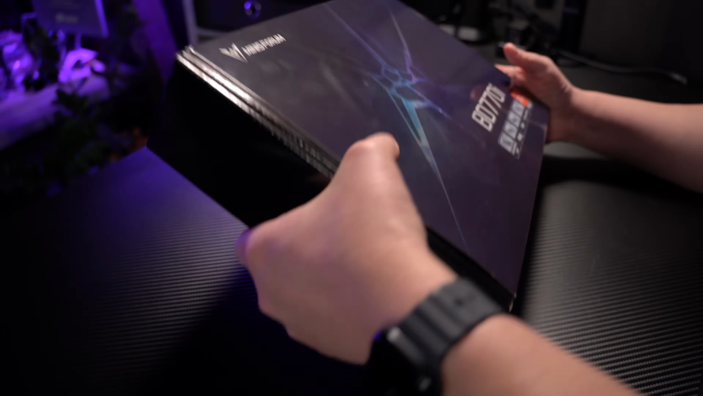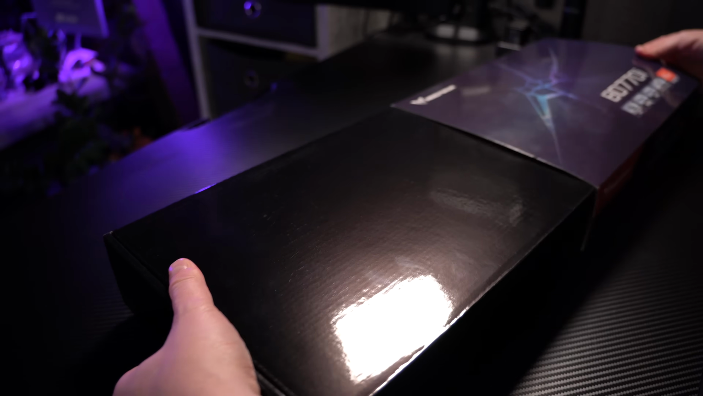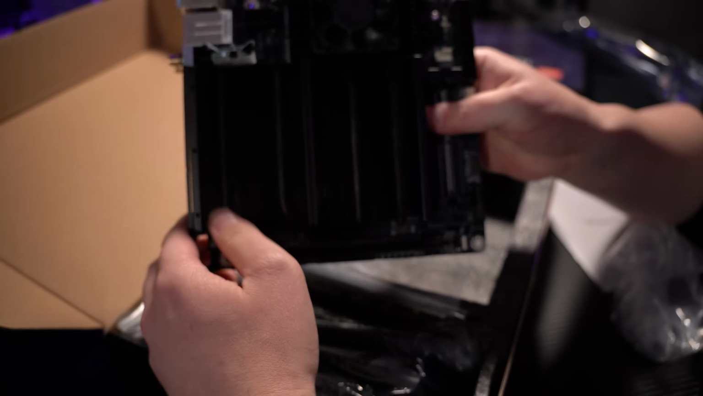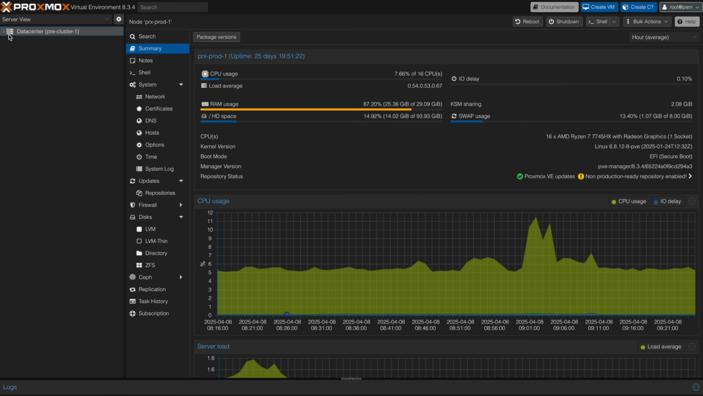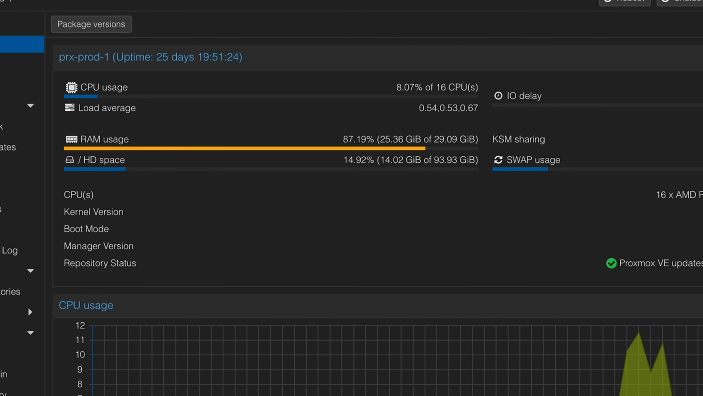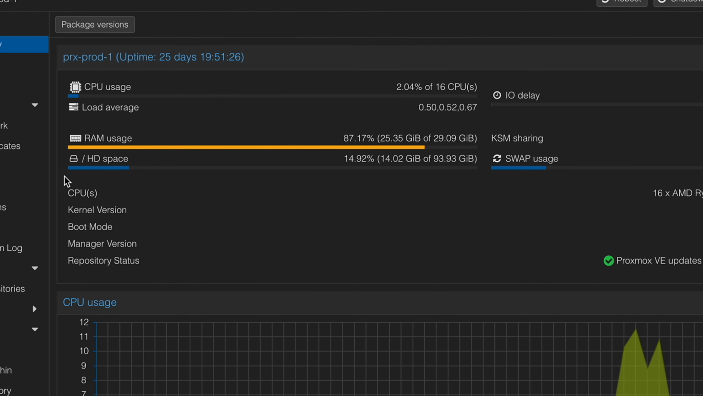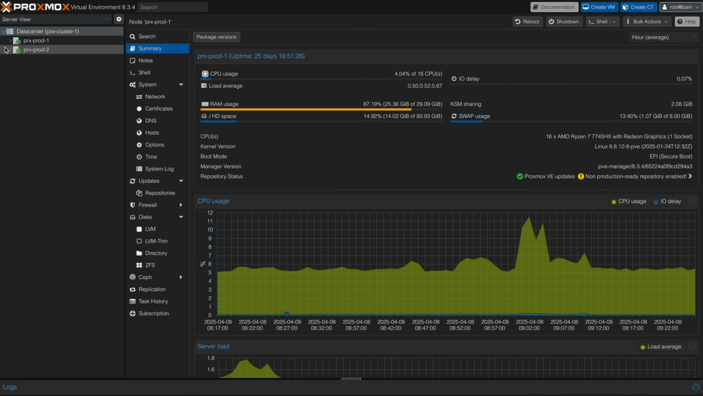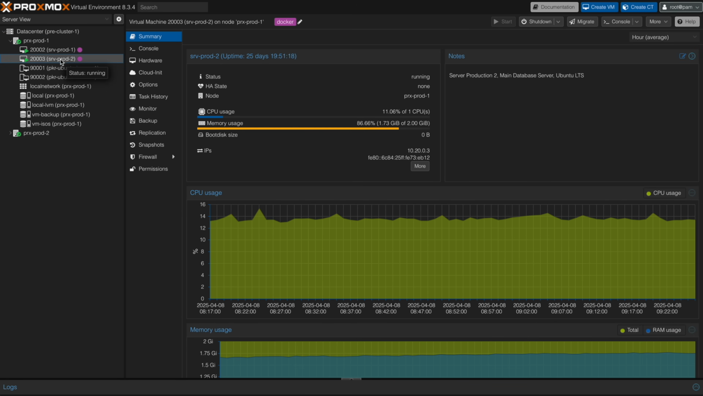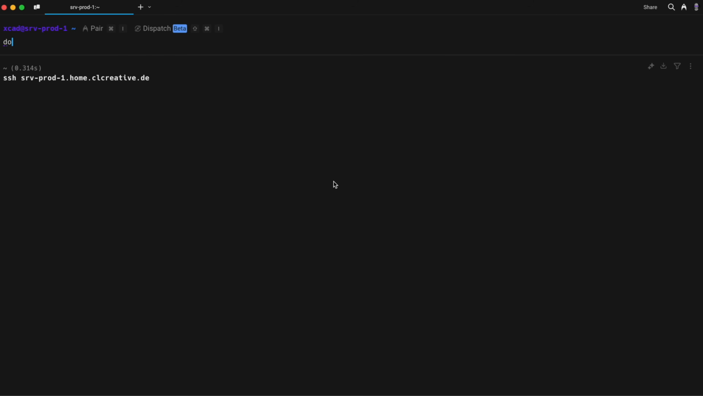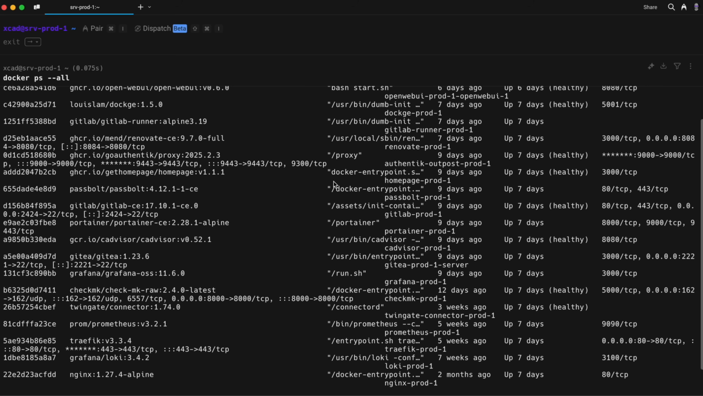Here I'm using a Minisforum BD770i ITX motherboard, and this has an onboard AMD Ryzen CPU with 8 cores, 16 threads, and I've used 32 gigabytes of memory. This is a fast and silent computer that is running my 2 primary production Linux VMs, Server Prod 1 and 2. These VMs run most of the programs I use daily in my HomeLab, such as my Docker containers,